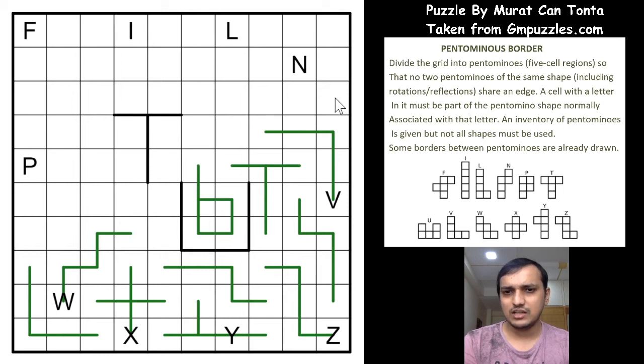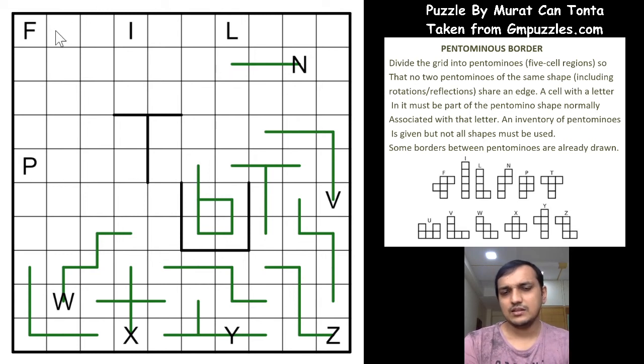So let's start with the N with the corner cells. So if this is part of the N, this can work, right? What happens if this is part of the N? This also works. Okay. So both the ways the N has to work, and it has to go this way, right? So if you have this N like this, it has to go this way, or if you have an N like this, it has to go this way, right? So both the ways, it can go any way.